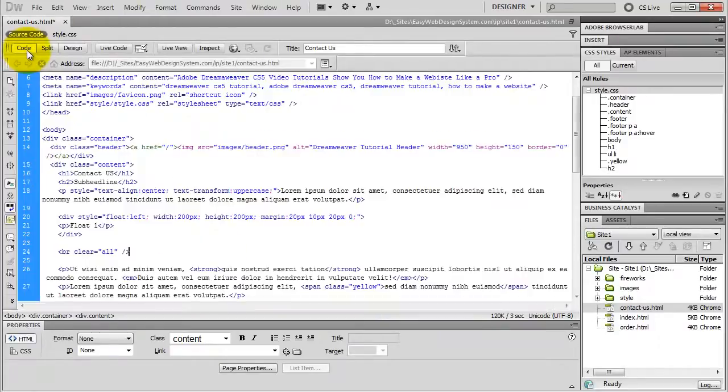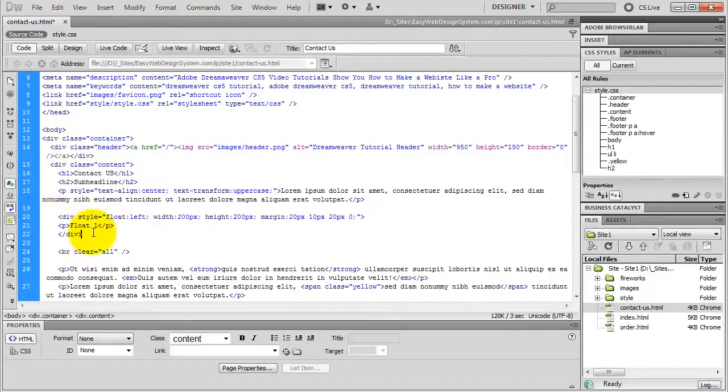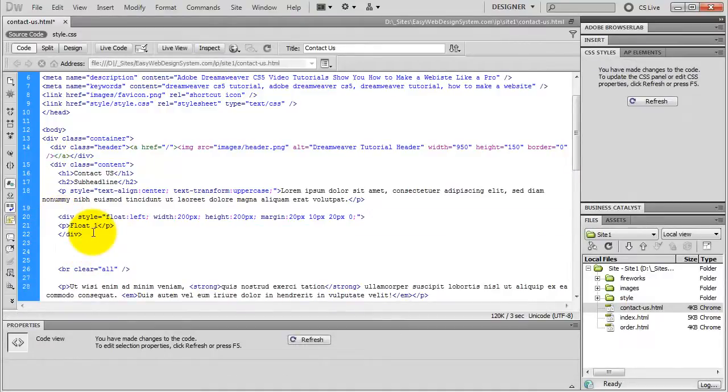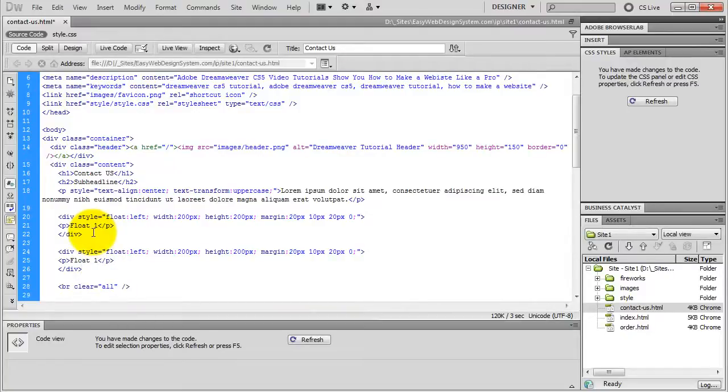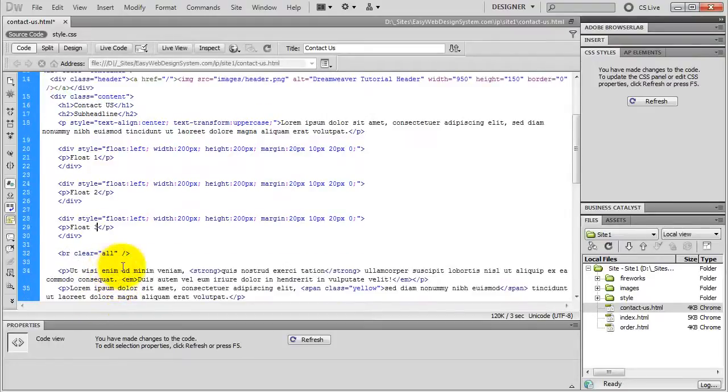Okay, I go back to the code. I copy my div tag and paste it in again right under it. Okay, I paste it in again. I need 3 of them just so that you really understand how they work. And this comes first in the code, this comes second in the code, and this comes third in the code, just so that you see where they are on the page. And I clear the float under my last floating element. I go to design view,